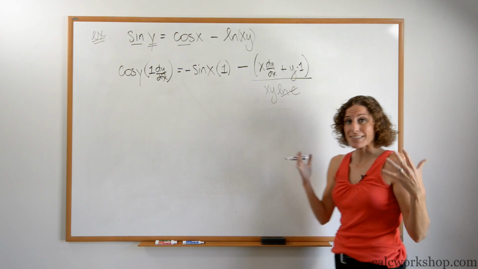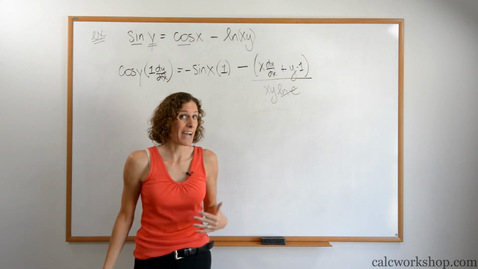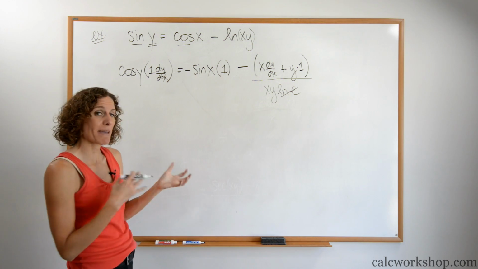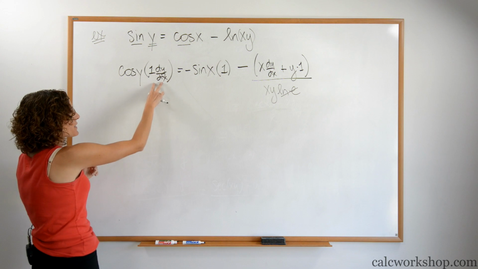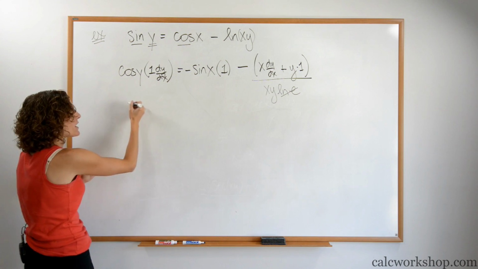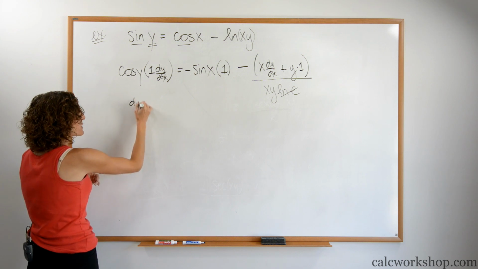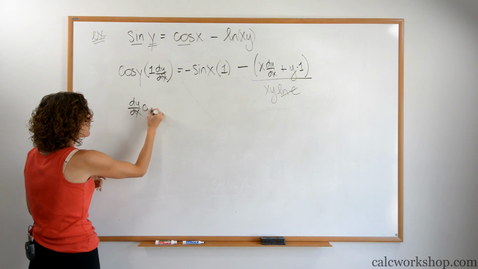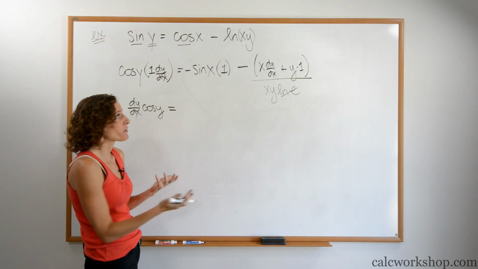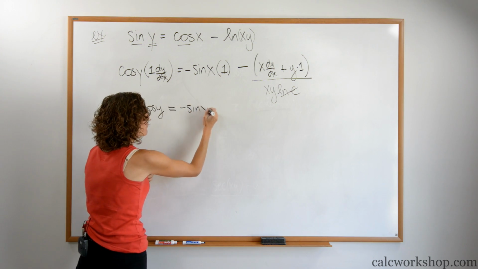So we have successfully taken our derivative, but now it's our job to clean it up. Let's go ahead and simplify and make things a little bit easier. Do we agree that that's a monomial? And so we're just going to put it up front so we don't forget that he's there. So I'm just going to put the dy/dx up here so I don't lose him. And it's the cosine of y equals, well, 1's not bothering me, so it's negative sine of x.